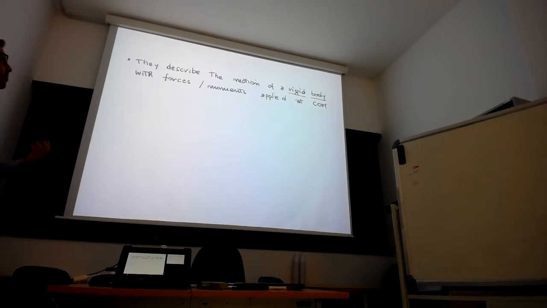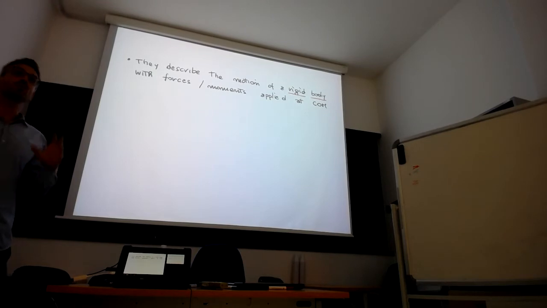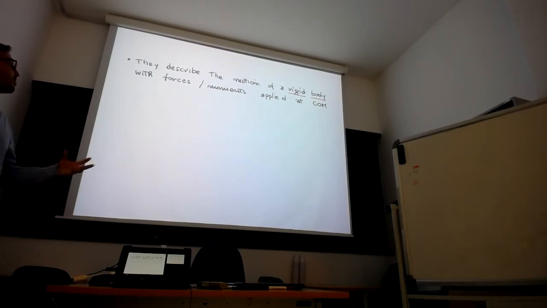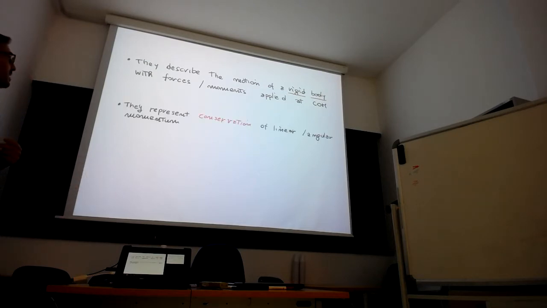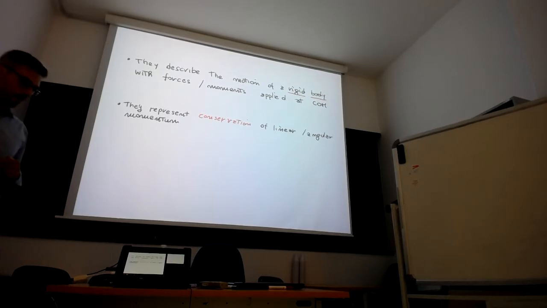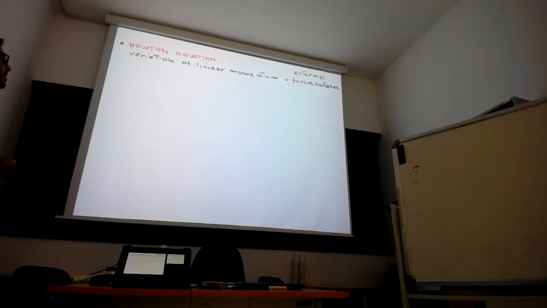Newton-Euler equation describes the motion of a rigid body, so we are no longer talking here about an articulated robot, but a single rigid body, where the forces and moments are applied at the central mass. And they represent the conservation of the linear and angular momentum. In particular, the Newton equation, as you know, links the variation of the linear momentum to the external forces applied to the body. And you can write it this way,